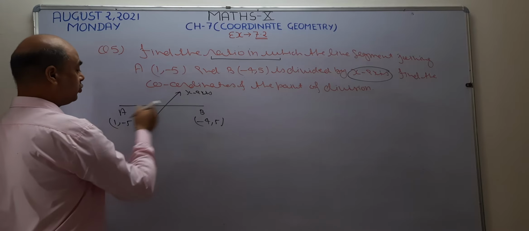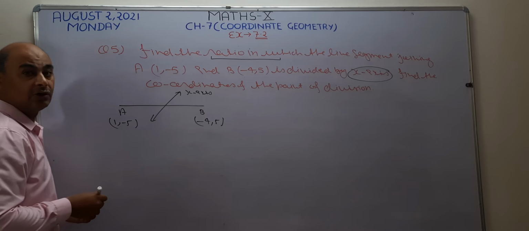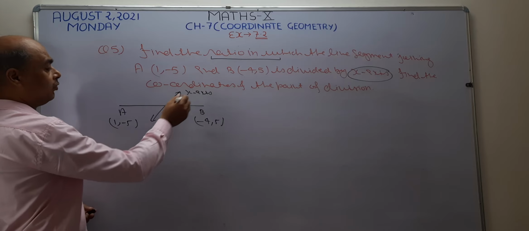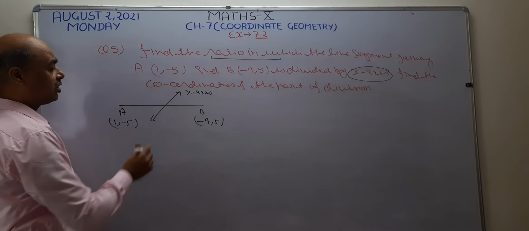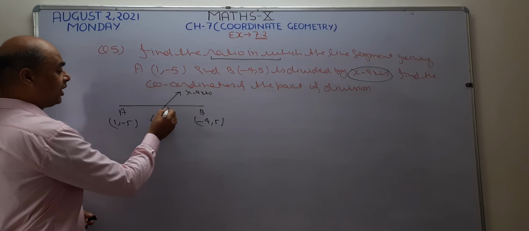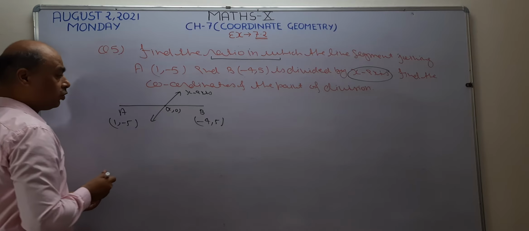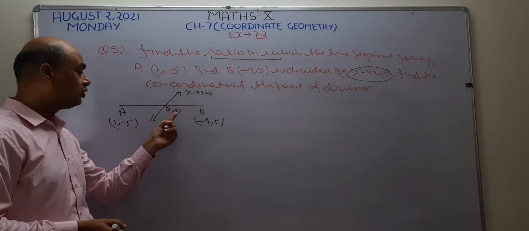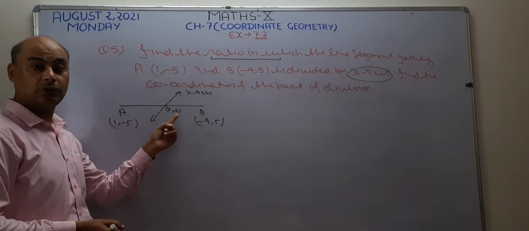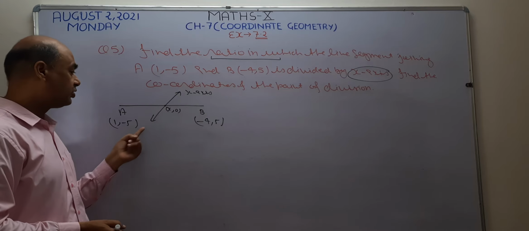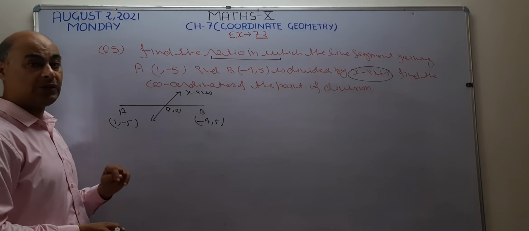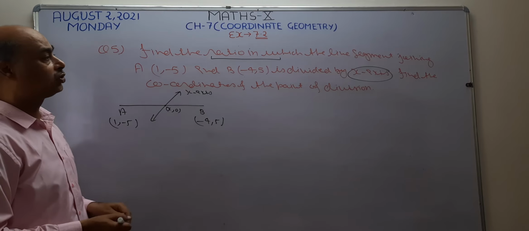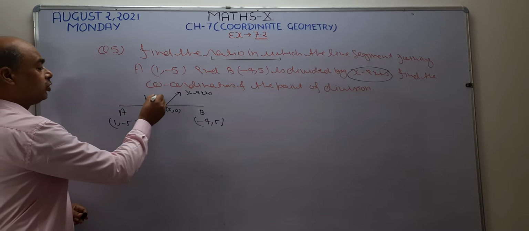Okay, this x-axis is going to divide this line segment AB. As you know, when we take coordinates on the x-axis, the coordinates are x and 0, because on the x-axis we take the value of x and y becomes 0. So I write here x and 0. When this line divides the line segment AB, in what ratio? We are going to suppose k ratio 1.